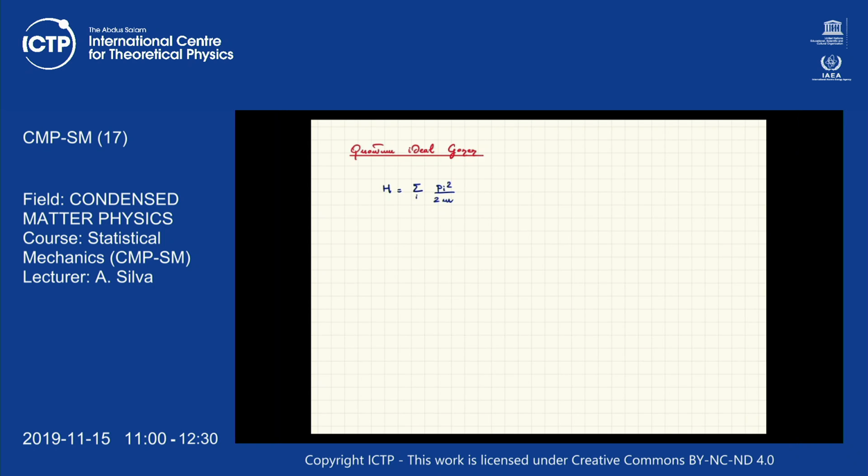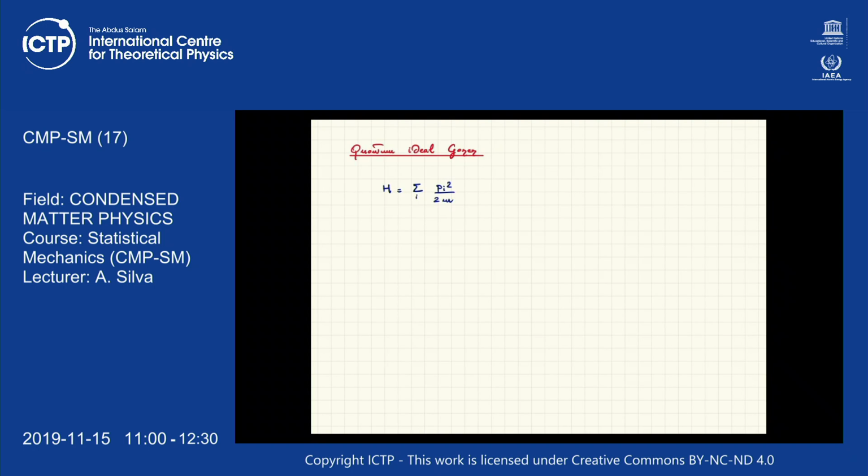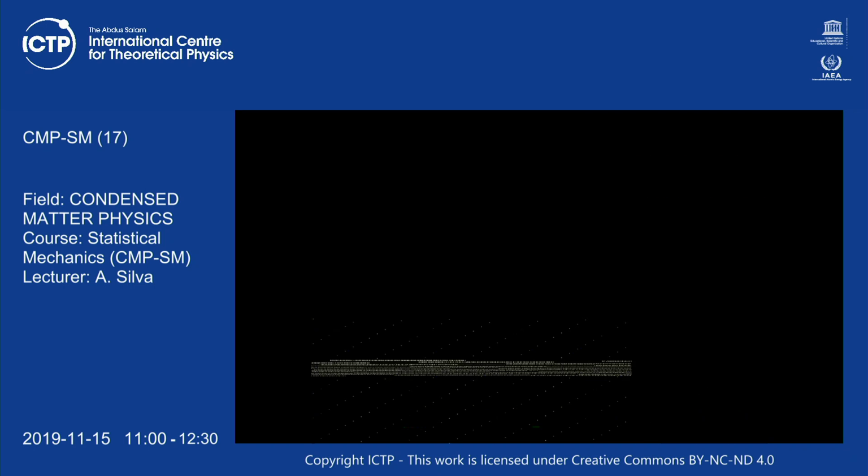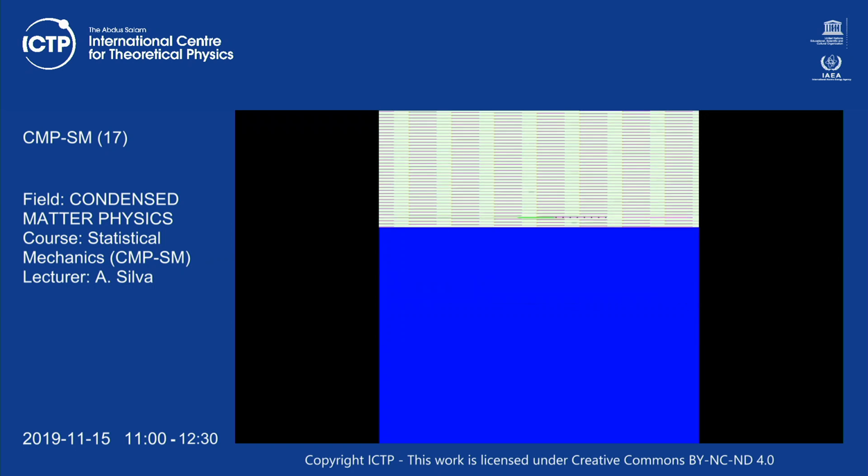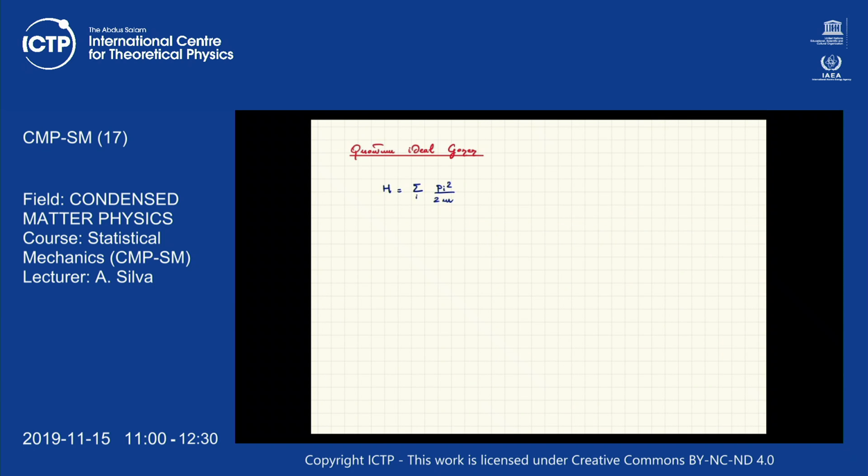If you have bosons instead, then you can put as many particles in one level as you want. And that's it. So this is the only thing that is important for me for statistical mechanics, and that you have to remember. Then all the details of symmetrization of the wave function, you will do them with Giuseppe Santoro and I think it was Ariel Fazius. Yeah, so you will do it with them. All right, so now,